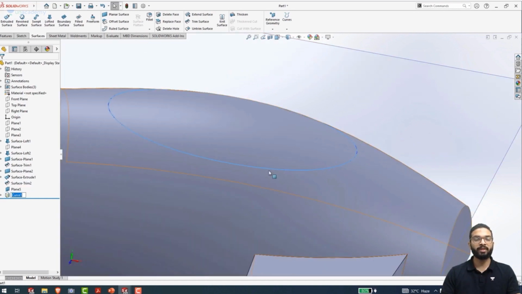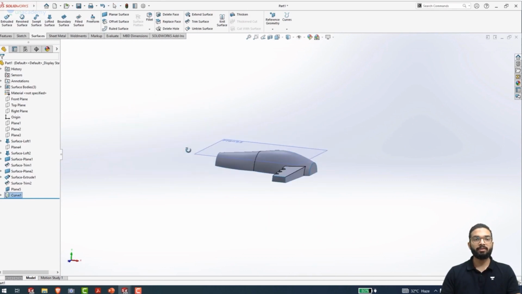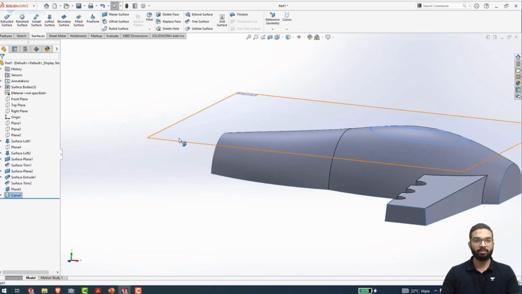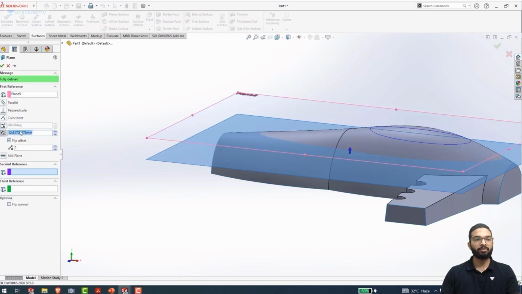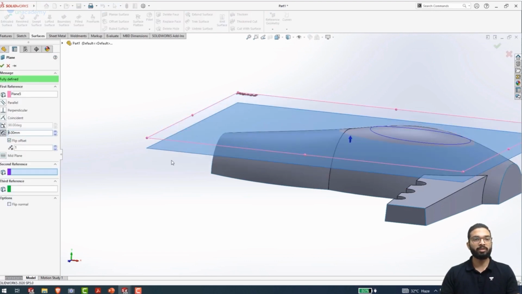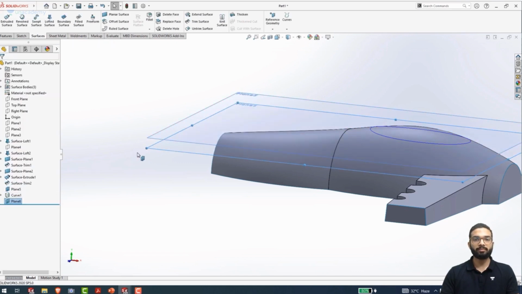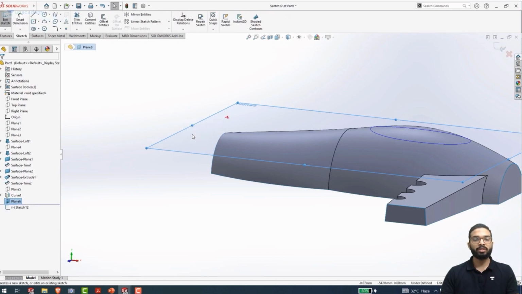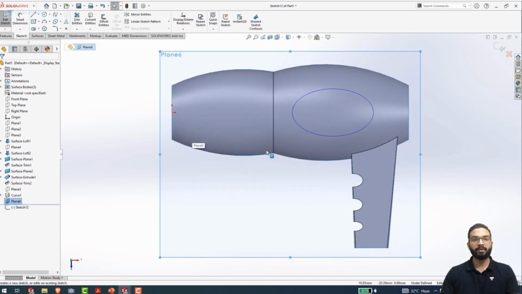Next, what I will do is press Ctrl, select this plane and drag it downwards, because here I want to create a plane which is at an offset distance of 6 millimeters downwards from this plane. Again, I will click on OK and generate this plane. Once this plane has been generated, I will first hide this plane because it is unnecessary now. I will click on this plane, go to the sketch mode, press Ctrl 8, get into the normal to mode,